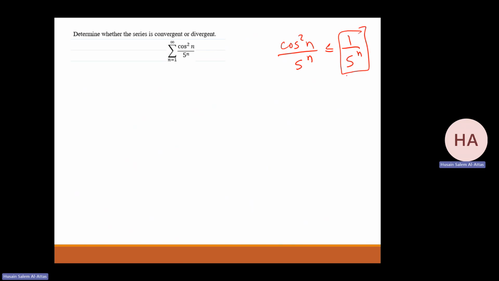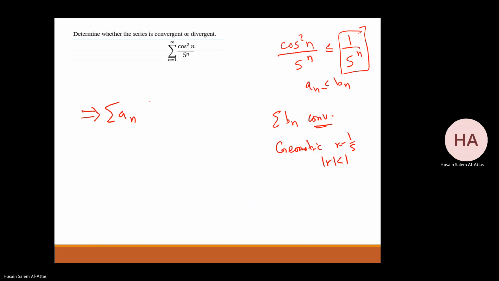This is an less than or equal to bn, and I know bn converges. Why? Geometric, and r equals what? 1 over 5. So the absolute value of r is less than 1. So it converges. So that means the series of this one will converge